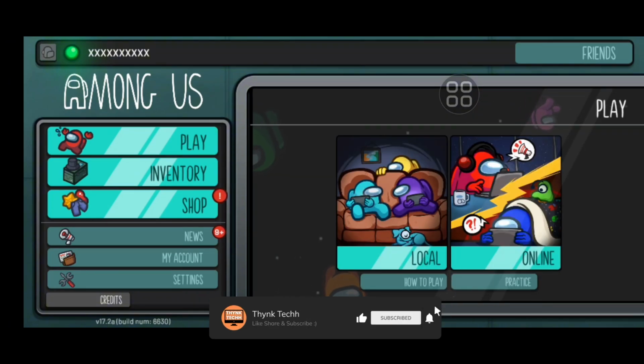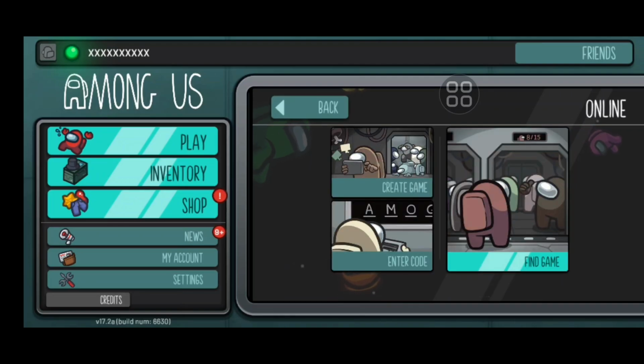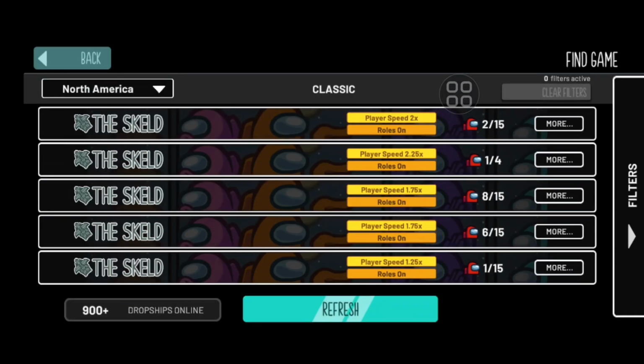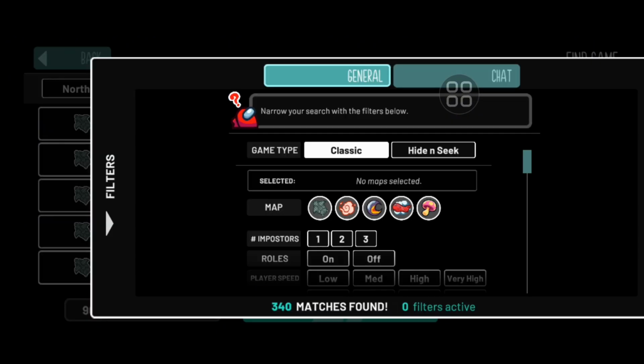Now on the screen, you'll get two different options of local and online. Go ahead, tap on online and find a game. Tap on find game. Now go to the right and tap on filters, drag it to the left, and there